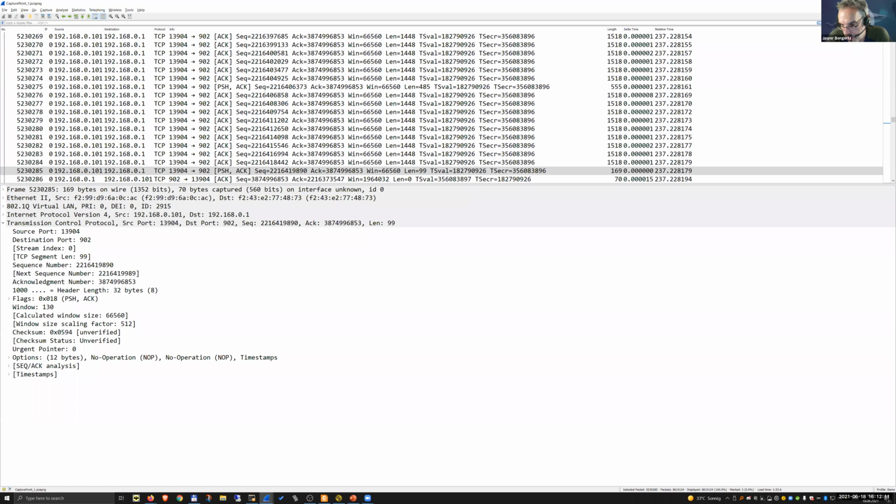Could sequence number wrapping be an issue if you don't use TCP timestamps? Yes, it could be, but most modern stacks are now able to deal with that kind of thing. I have not seen an issue with that recently, but I have to admit that I haven't looked at many performance things in the last couple of months, because I'm more or less helping people get rid of ransomware now. So this is a totally different thing. You're not doing performance troubleshooting that much if you're helping people recover their data and beat the bad guys.